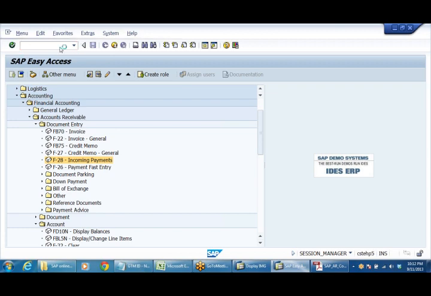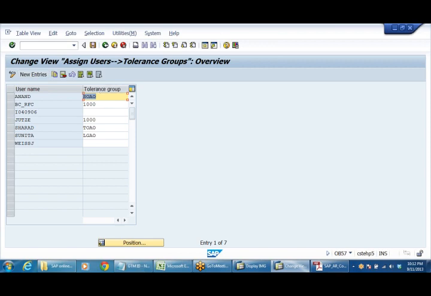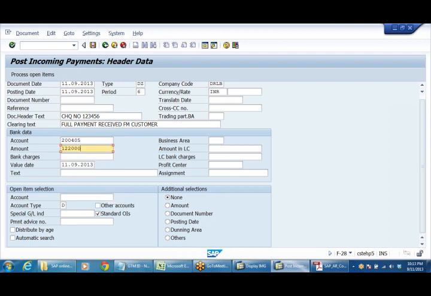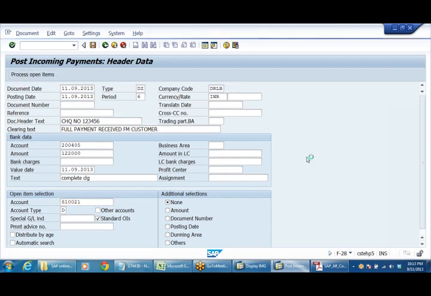OB57. Once you give the details, click on process open items.